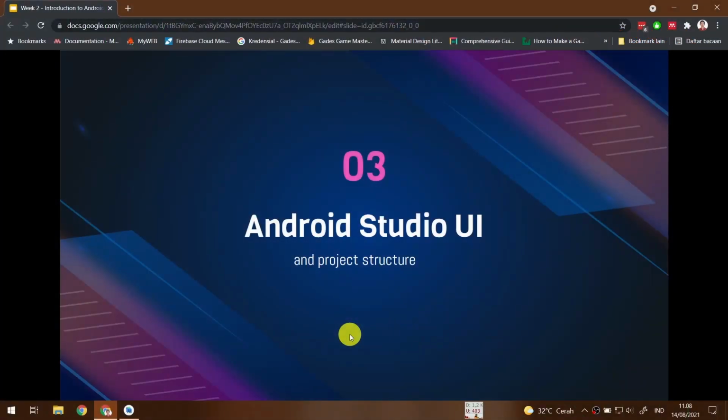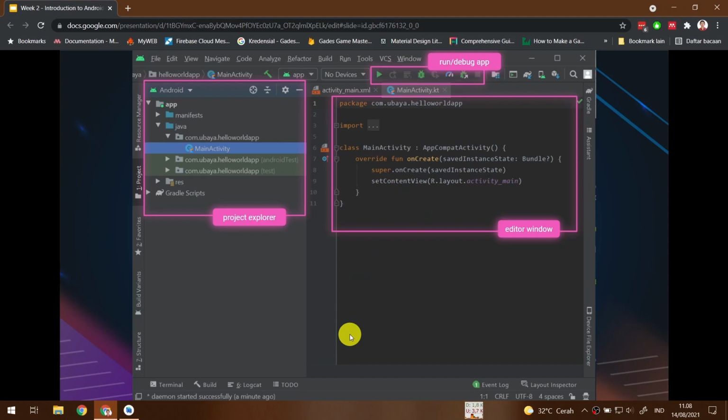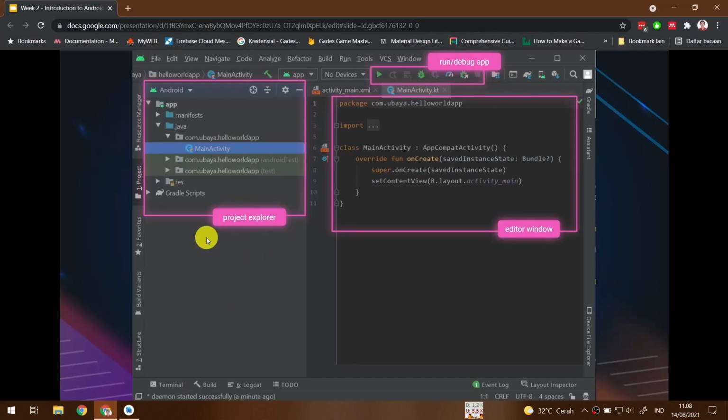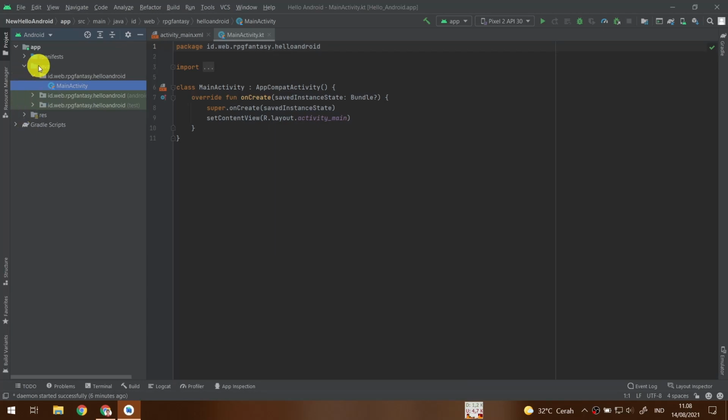Alright, has your Android Studio finished creating your project? If it is, then let's continue. Let's take a look at the Android Studio user interface. At the left-hand side, you will have a Project Explorer panel, or Project Explorer window, which will list